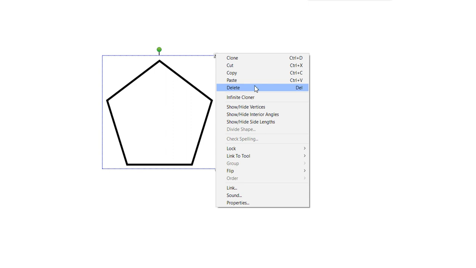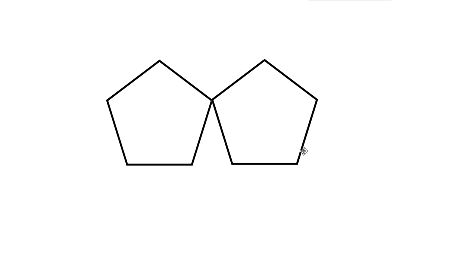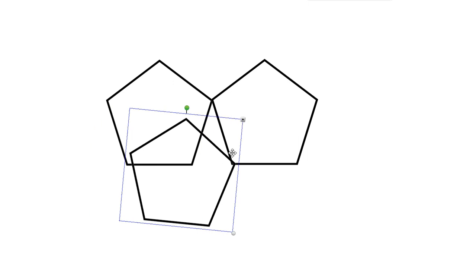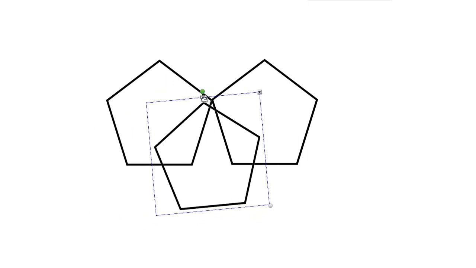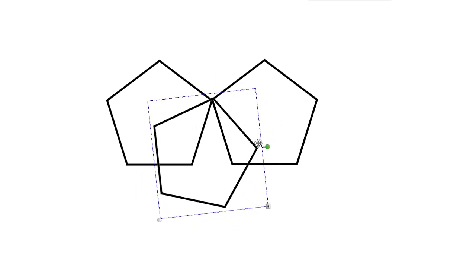Will that tessellate the plane? Well, we can move this over like so, and then I think you know where the trouble lies. The trouble lies in not knowing what to do with this gap here. I can't turn this in such a way that it fills the gap,